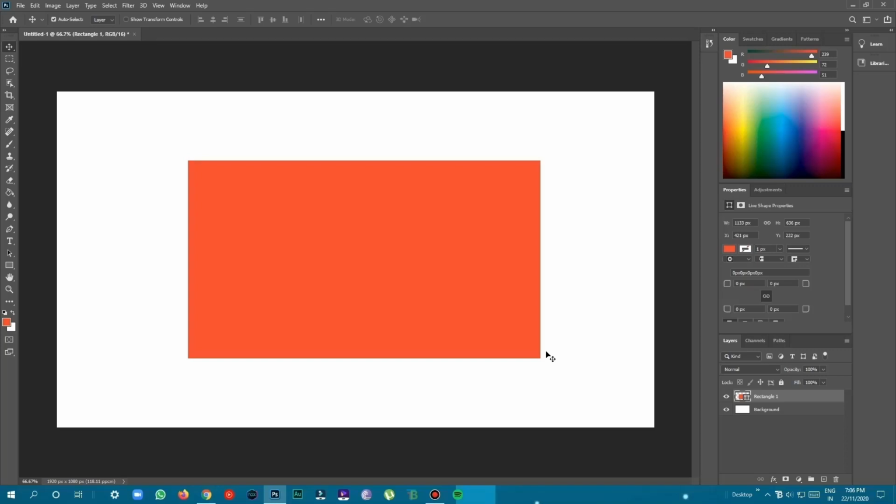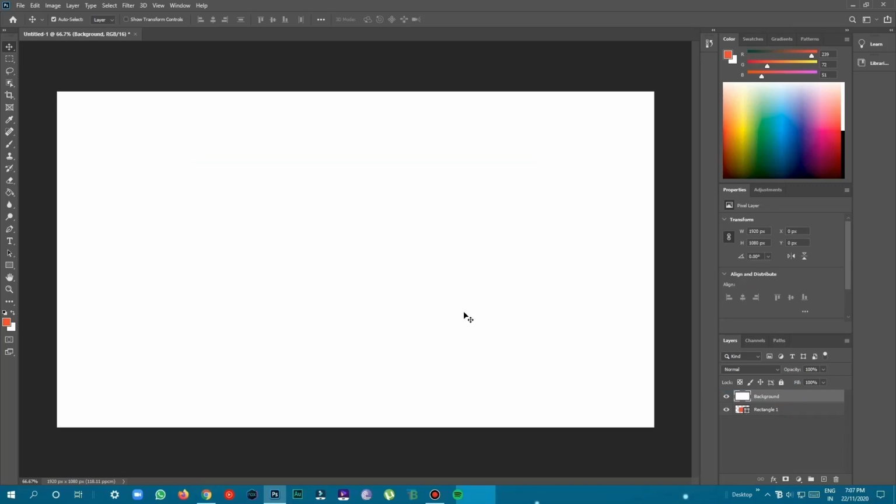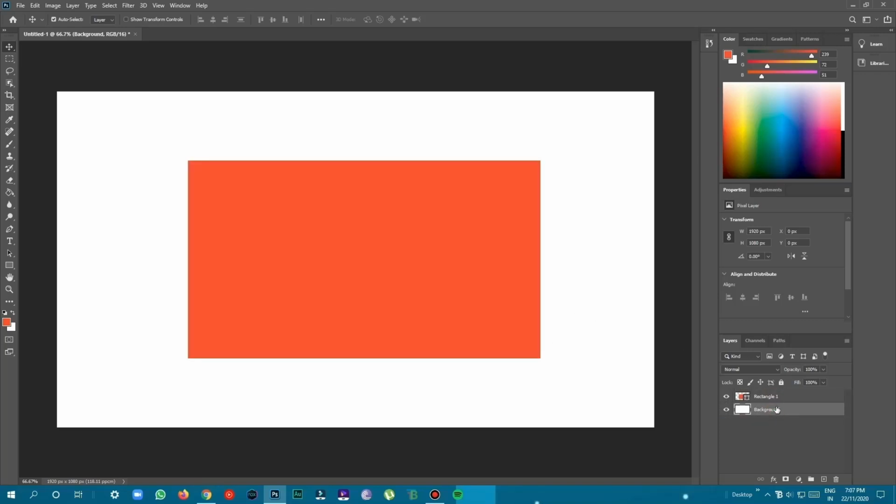First, make sure that you have selected the layer where you are going to work. As you can see in the layers tab, it's basically like a hierarchy system, so which is on top will stay above. For example, if I bring the background to the top, then the rectangle goes back. So it's basically a layering system, and we have to be aware that the background is at the bottom of every other layer.